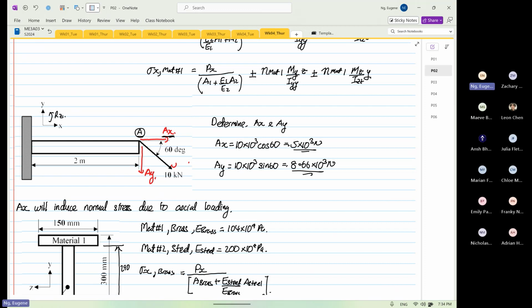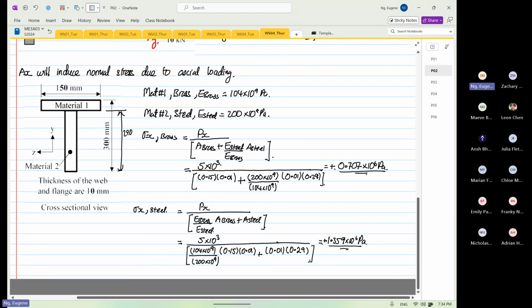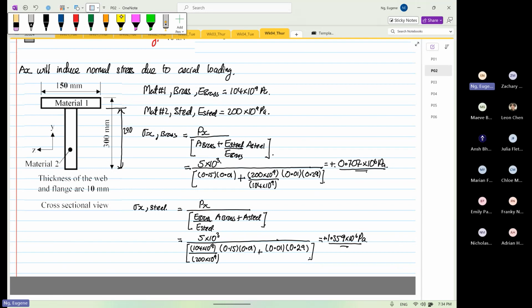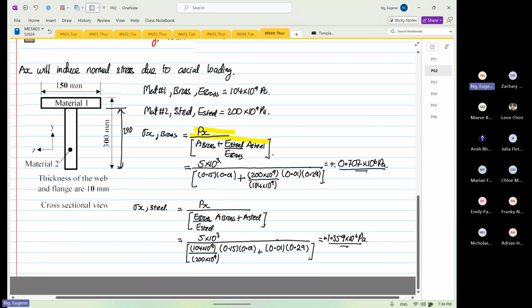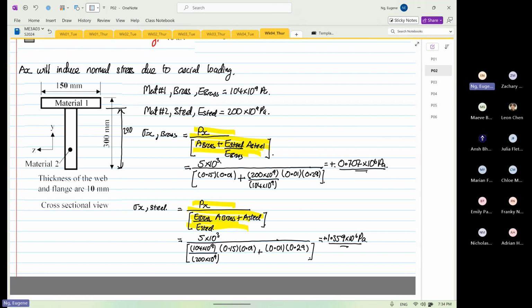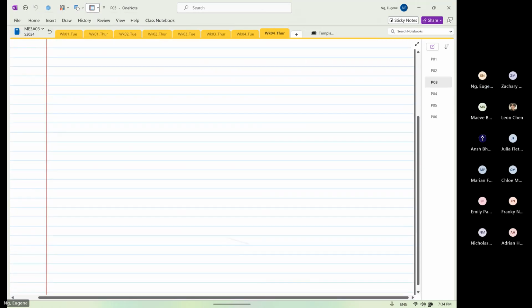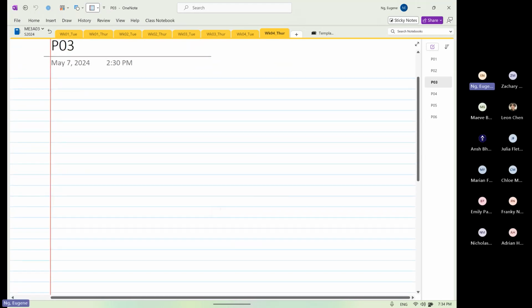Okay, so that is the easy part. When I say easy, it is because on Tuesday we derived this expression, right? I'll show you what these expressions are. So we are just plugging in formulas. Okay. So the next thing we are going to look at is we will determine